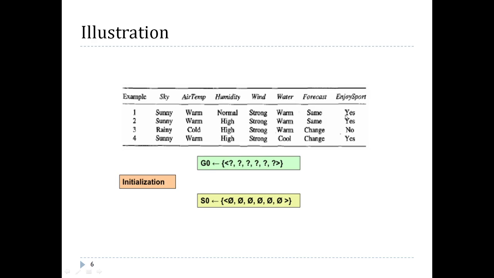So in this 7th one, this is the target concept. Here we have 3 positive examples and 1 negative example. Initially we need to initialize the general hypothesis and the specific hypothesis. We initialize the general hypothesis with all question marks. Here we have 6 attributes: sky, air temperature, humidity, wind, water and forecast. We'll make all 6 attribute values question marks, and in the specific hypothesis we'll make them